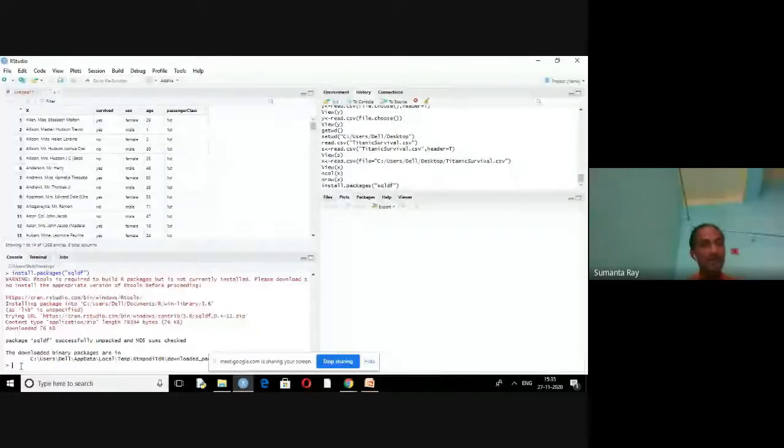One more thing: I have already installed the sqldf package earlier. That's why this command works and is executed easily. Because I have already installed this package, it works automatically and very easily.